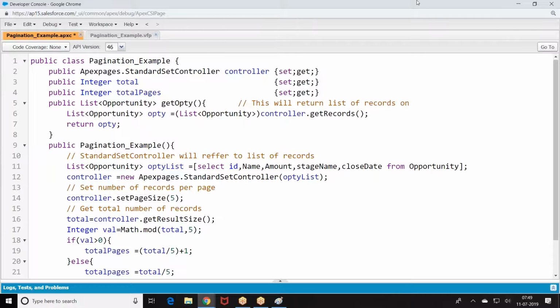Records on the current page. This will give you the list of records which are on the current page.